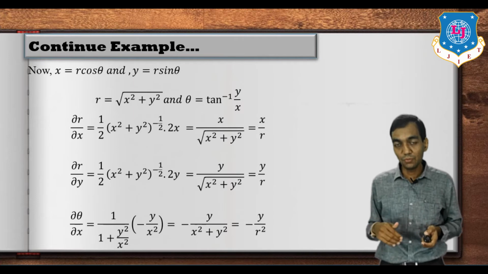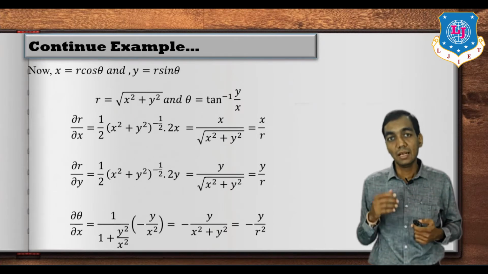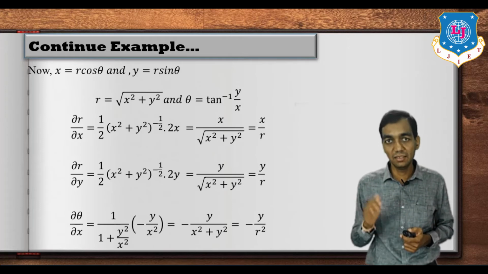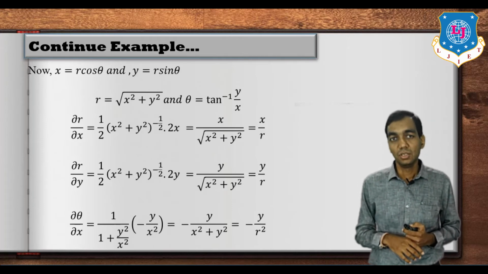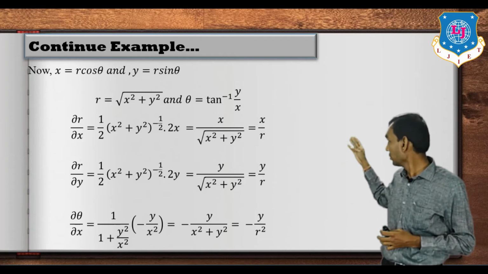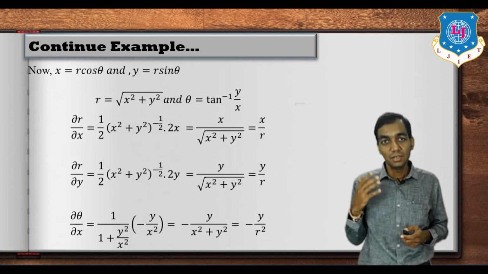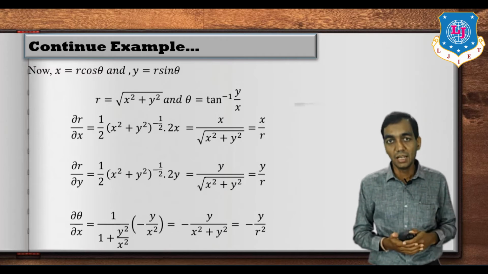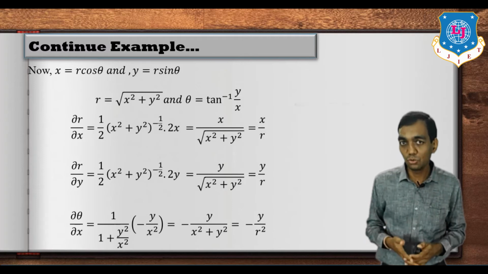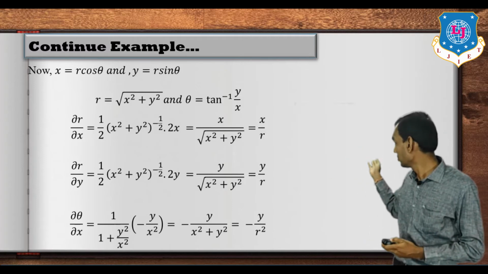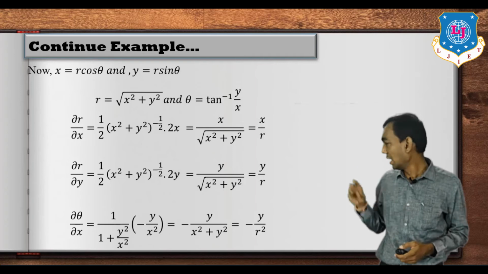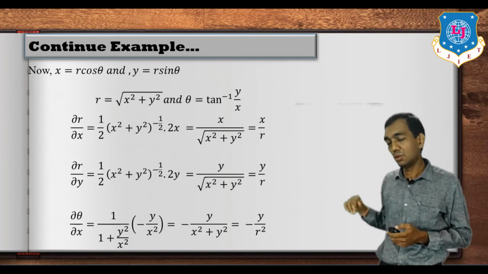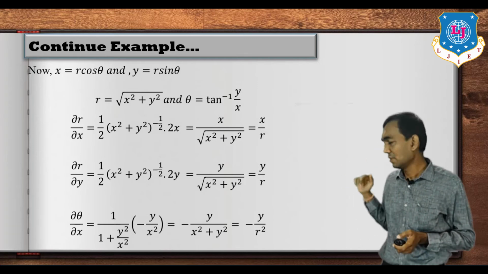In the same manner, for finding the Jacobian of (r, theta) with respect to (x, y), first you have to find r and theta in terms of x and y. So from x equal to r cos theta and y equal to r sin theta, first we are going to find r. That means we are going to eliminate theta. For that you have to use the identity cos square plus sin square has value 1. So r square will be x square plus y square, and that will give r equal to under root of x square plus y square.